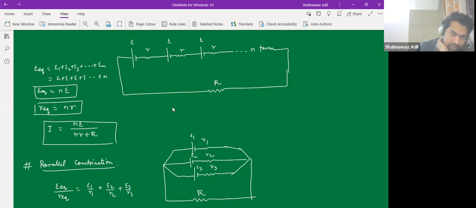So this is the series terminal combination. Yeah, terminal one. So series EMF combination. So combination of cells is